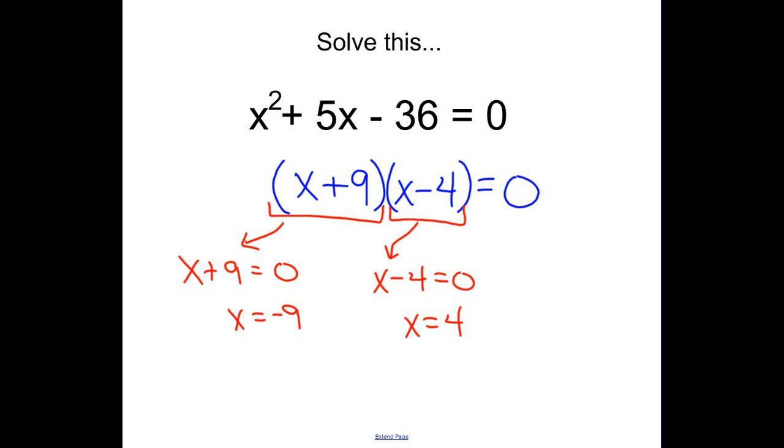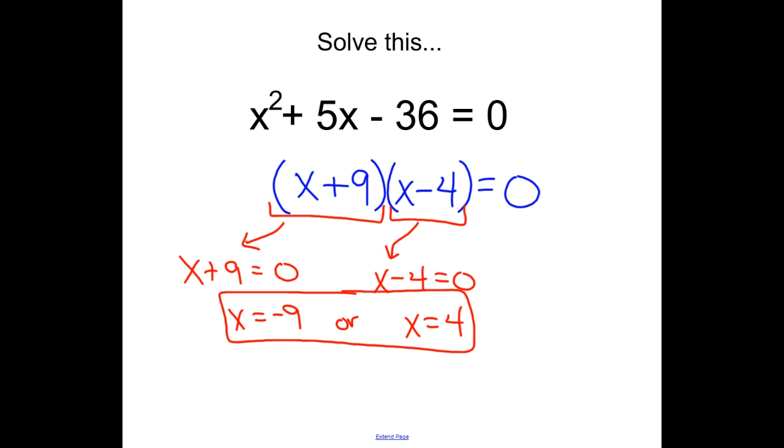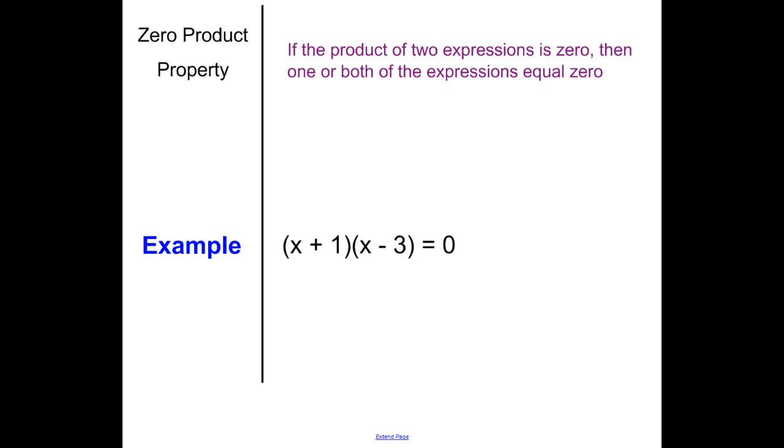And the two real solutions are x equals negative 9 or x equals 4. So these are "or," because either one of these would work as solutions. All right, so let's go back to that page where we wrote down the zero product property, and let's solve